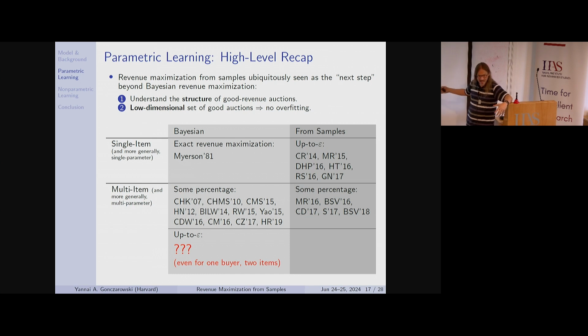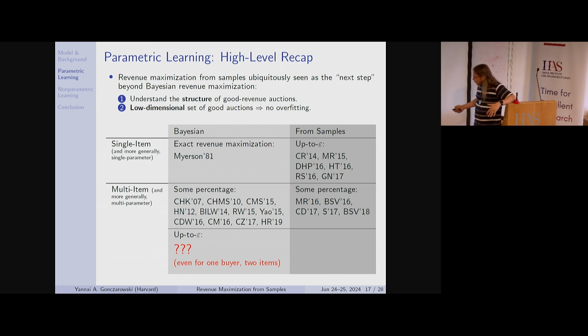So I'm not saying these papers are not important in any way, but all I'm saying is that computer science has a tendency of thinking that if in a certain setting they solve a problem up to a constant factor, that problem is solved. And I would like to urge you to think in terms of revenue that should not be the end of the road for these problems. It is worth continuing to think about them even after we have a constant factor solution.